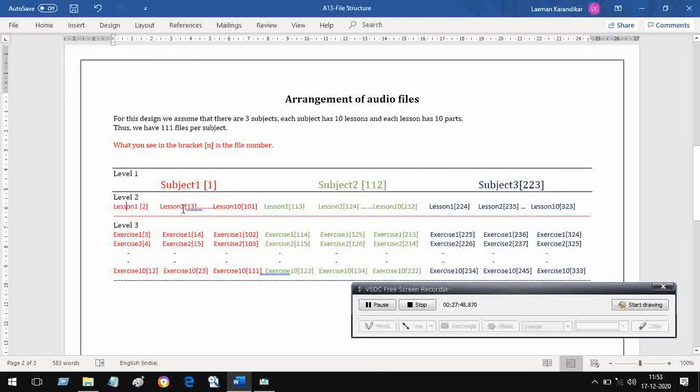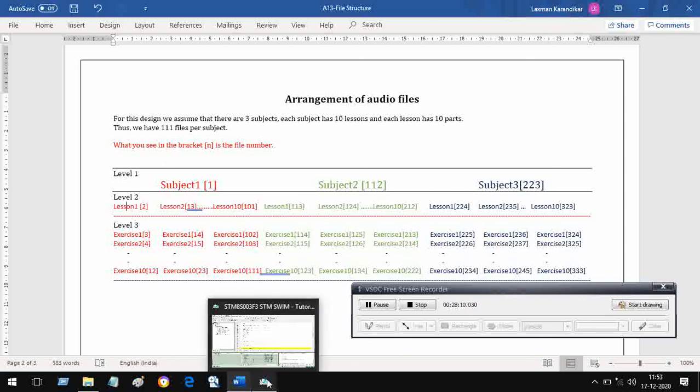It will not cross this level. It will neither go up nor go down. It will just move around this, so that if you want to read lesson number 2 or lesson number 10, let me take lesson number 2. So then I will press the next key, and I come back to lesson 1 by pressing the back key. So let me go back.